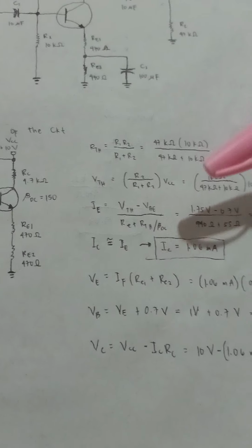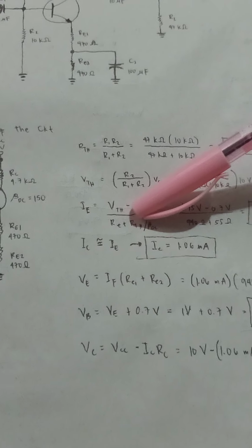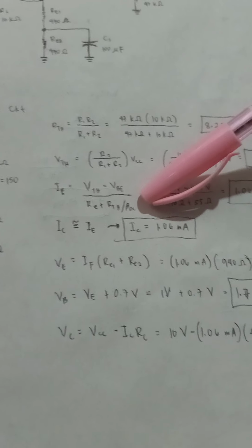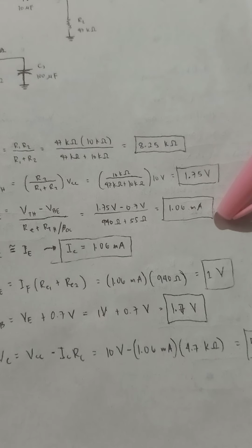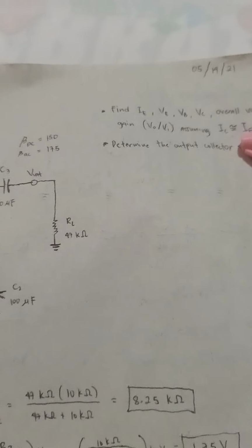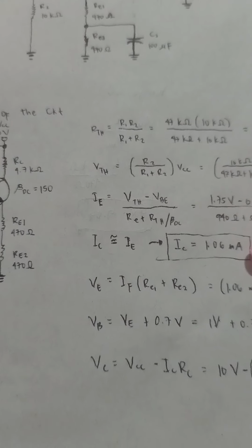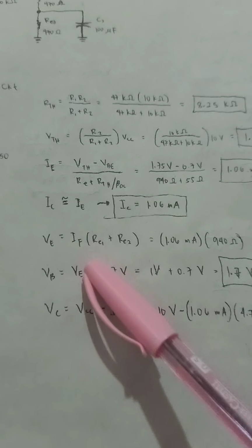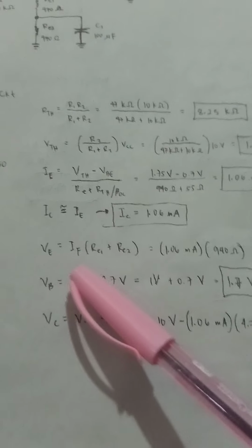And for the IE, it is the Thevenin voltage minus the base emitter voltage, over the emitter resistance plus the Thevenin resistance divided by the beta DC. So IE is equal to 1.06 milliamperes. Since we assume that IC is equal to IE, IC is also equal to 1.06 milliamperes. And for the emitter voltage, IE multiplied by resistance E1 plus resistance E2, so VE is equal to